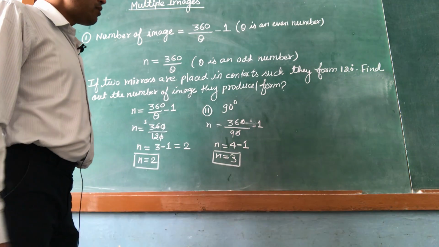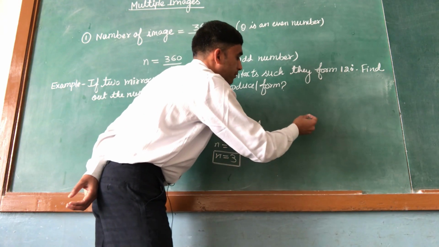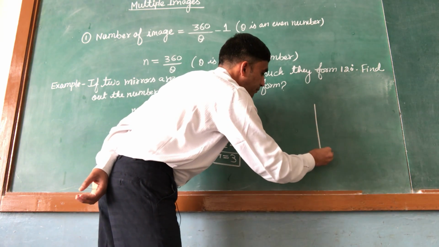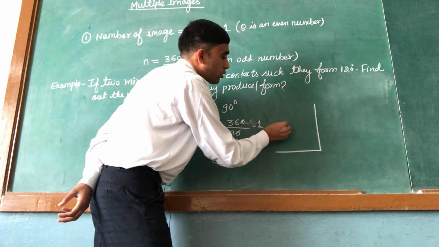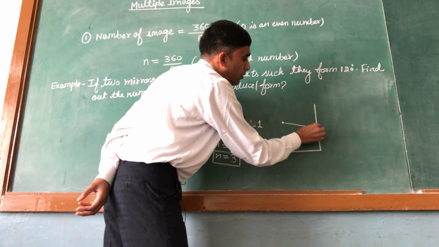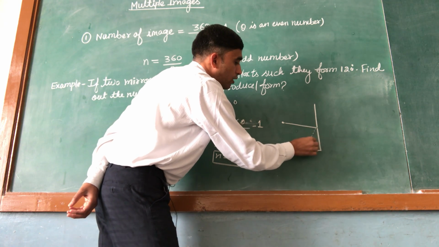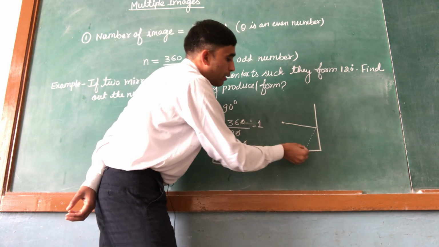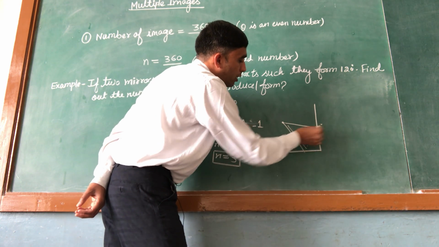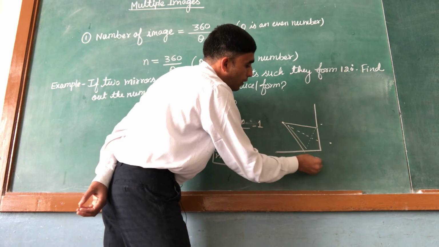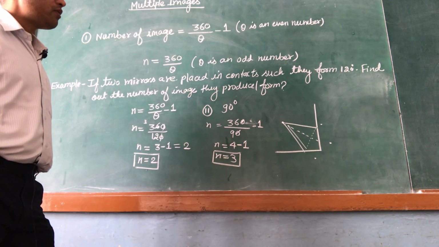Actually you can see how it takes place. Suppose this is the mirror that is formed at 90 degrees, and this is the object. So suppose this ray is coming from the object and falls on the mirror and then returns back, and this goes like this. This can also be the second one, it goes and returns back. So one image you can see, this also goes like that, and this image is seen. In such a case you can see 3 images.